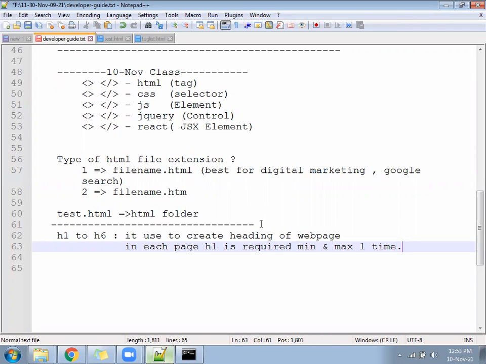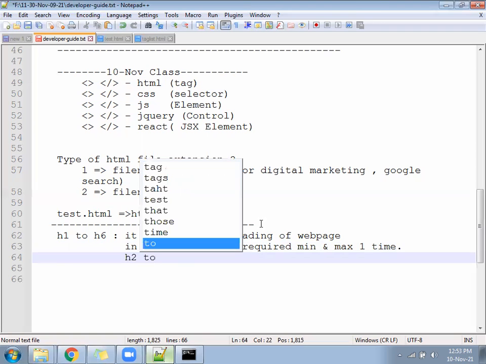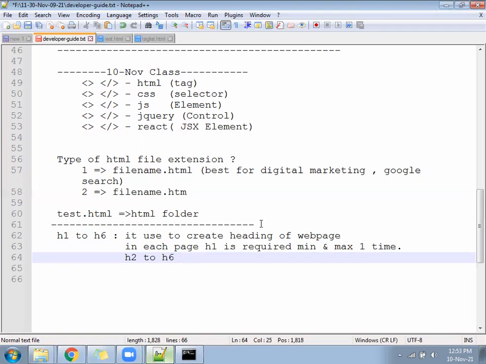Come down. H1 to H6 is used to create the heading of a web page. In each page, H1 is required minimum and maximum one time, not multiple times. Next line, you can write H2 to H6. H1 we wrote, now H2 to H6, what to do?